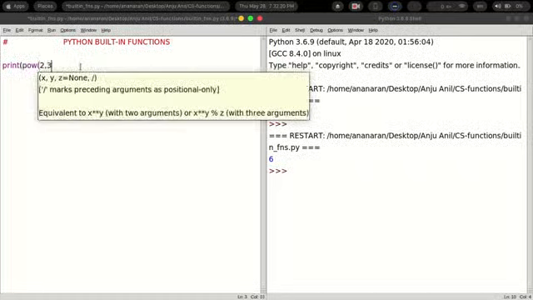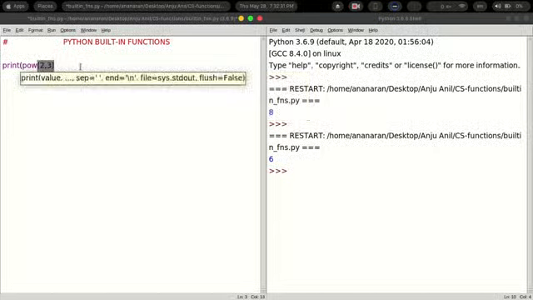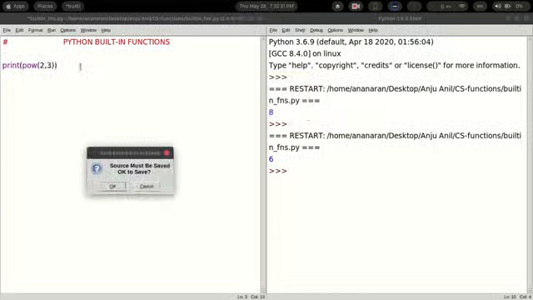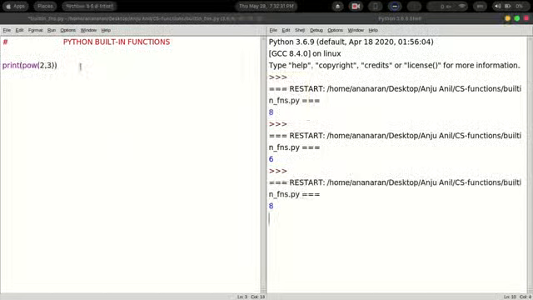That means 2 raised to 3. Then you close it and execute the program and you will get the output as 8. So the POW function returns the power of the first value that is given in the bracket.